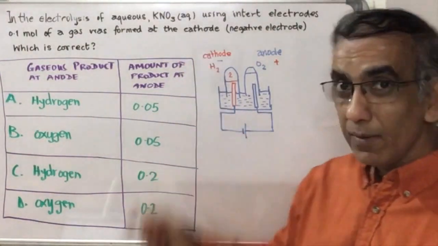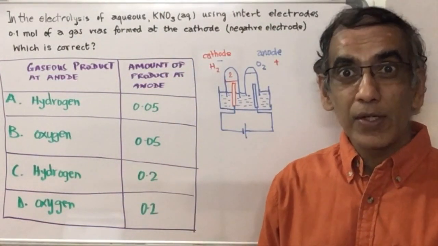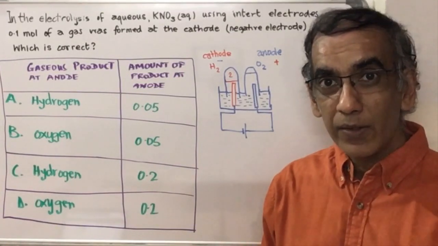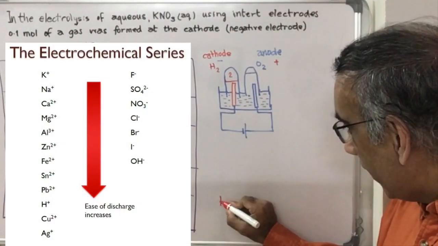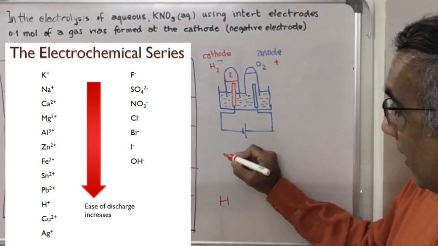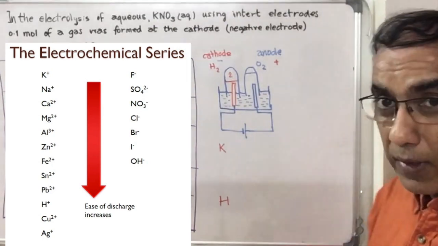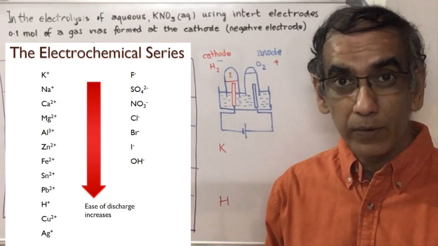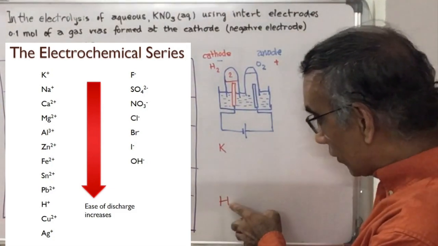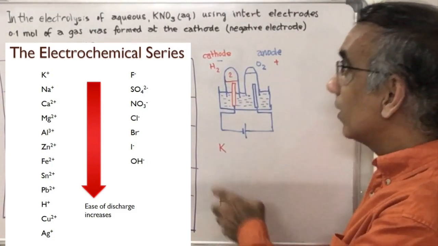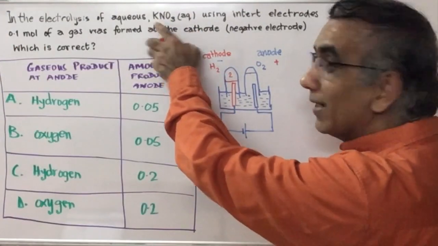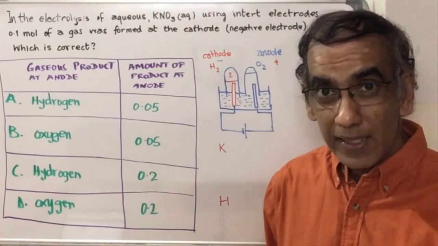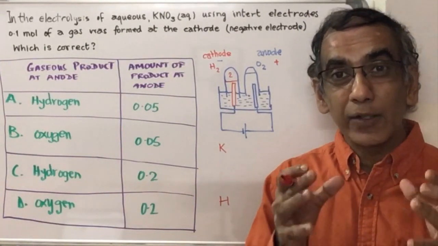And when you have potassium nitrate, it doesn't matter if it's concentrated or if it's dilute, because in considering the electrochemical series, hydrogen is way down below and potassium way up at the top. So even if you have a dilute solution or a concentrated solution, hydrogen is always going to be displaced once you have potassium attached to anything else. The only way that you are possibly going to get potassium is if you carry out the electrolysis of a